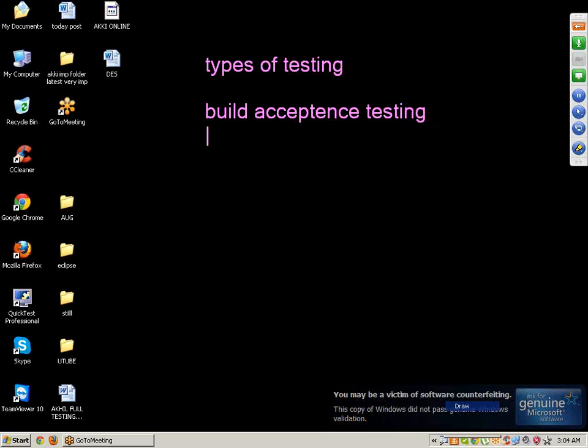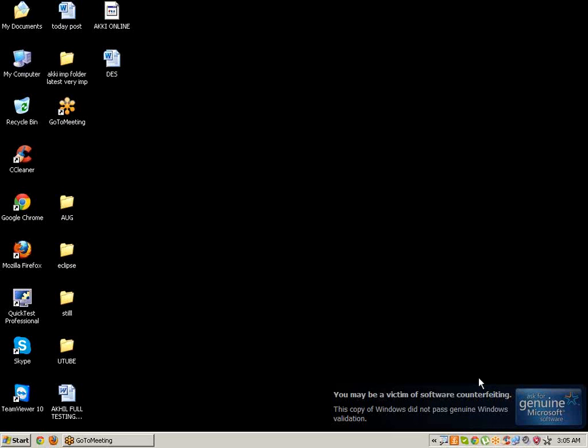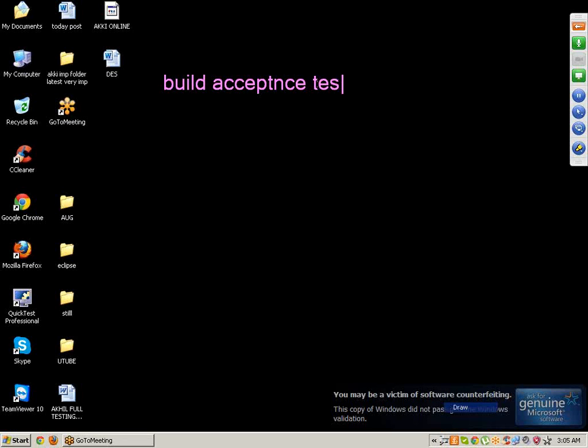Build acceptance testing. We can say BAT. One second, I will write it once again. Build acceptance testing, or we can say BAT, or we can say build verification testing, or we can say BVT,